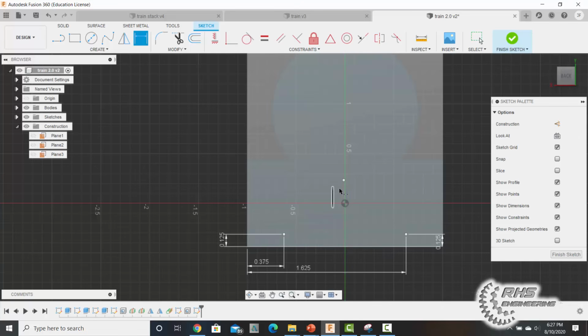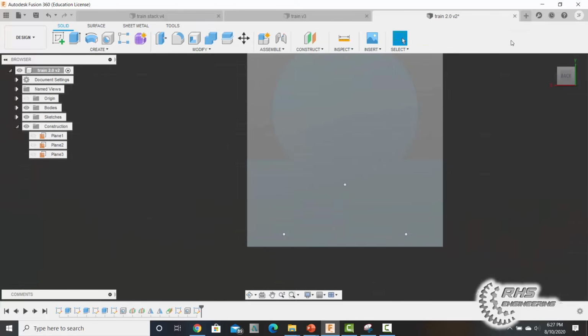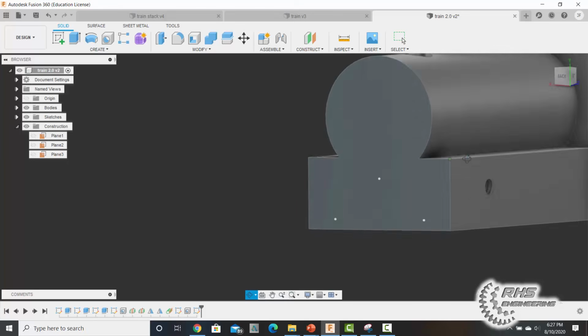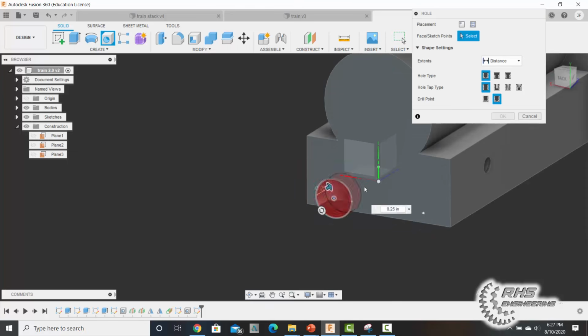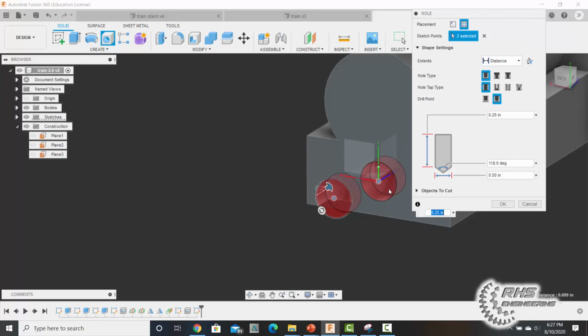Okay, and now this center hole, from this edge, we want it to be 1 inch. And then from the bottom edge, we want it to be 0.625. Okay, and that ought to do it. I'm going to go ahead now and finish our sketch. And we're going to go ahead and throw our little holes on there. So I'm going to click here, click there, and click